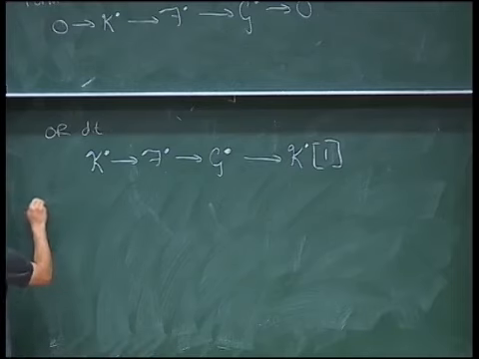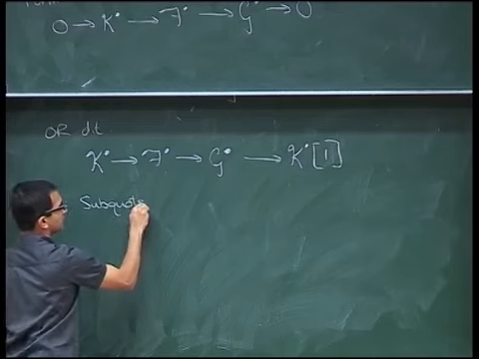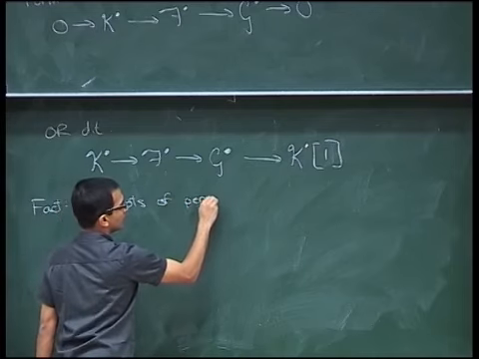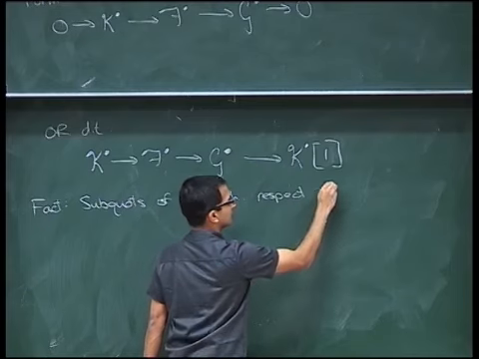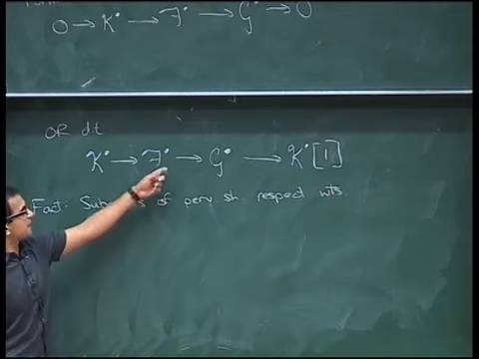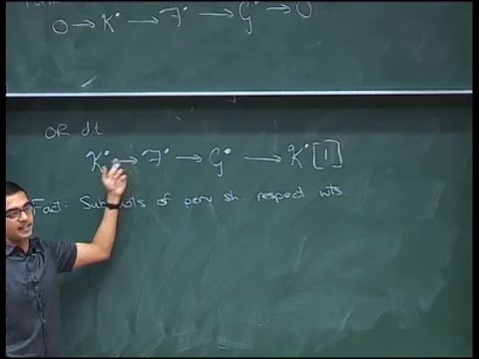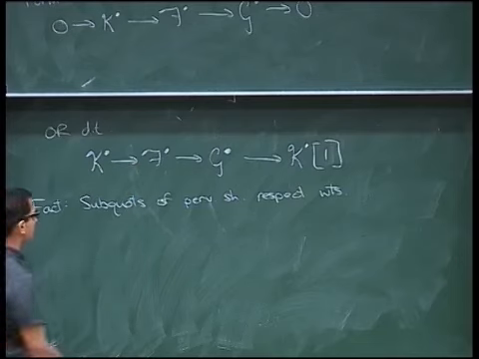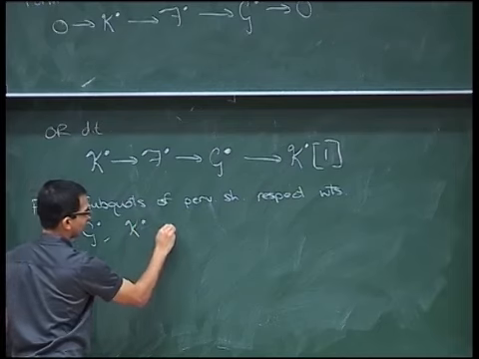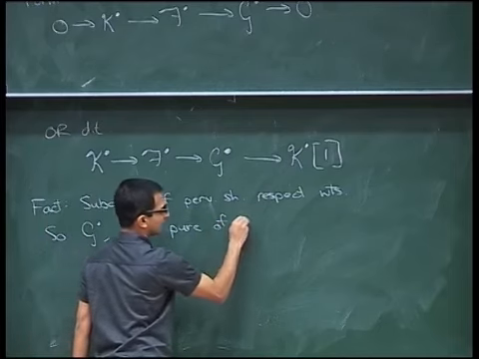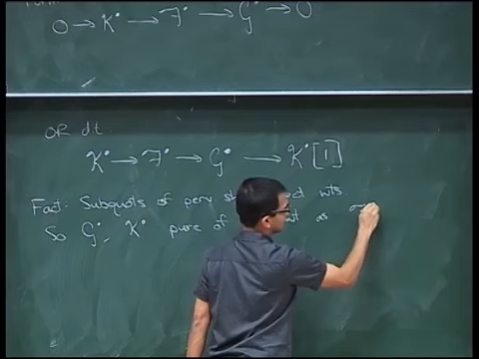And now, well, we need one other fact, which is that subquotients of perverse sheaves respect weights. You can't get weights that you didn't already have. So in other words, since F is pure of some weight, K and G also have to be pure of that same weight. They can't have any bigger weights or smaller weights. So G and K are pure of the same weight as each other and as F.